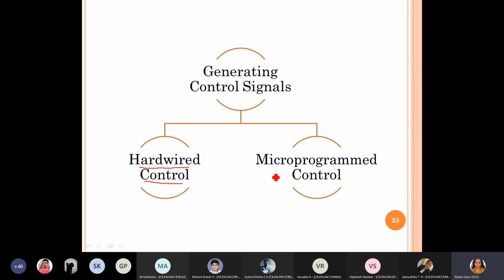And the other is the micro-programmed control, where you generate different control signals not completely based on hardware; you still require hardware, but we can reduce the amount of hardware required and bring in some flexibility. That's the other way of doing it. So generating the control signals, we do it in two ways: one is the hardwired control and the other is the micro-programmed control.